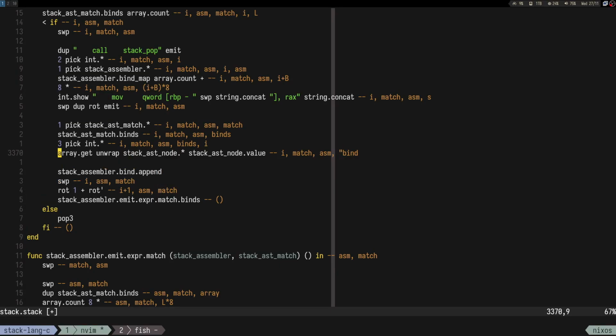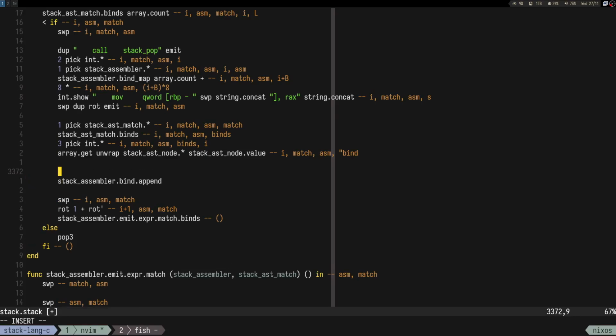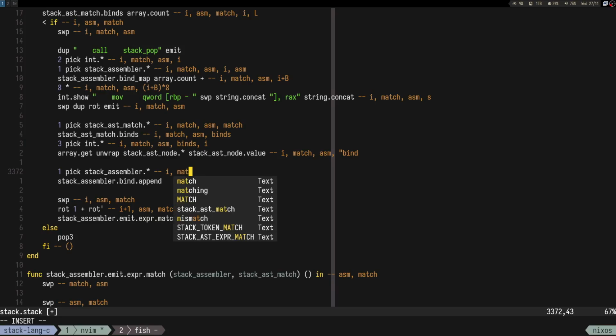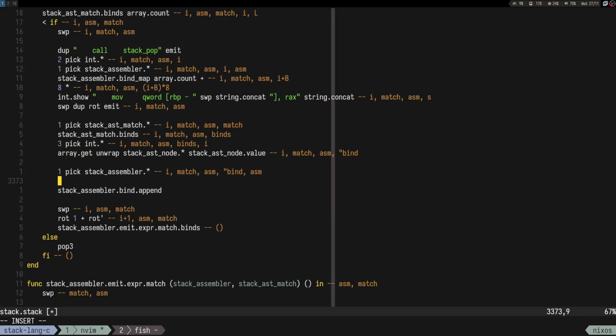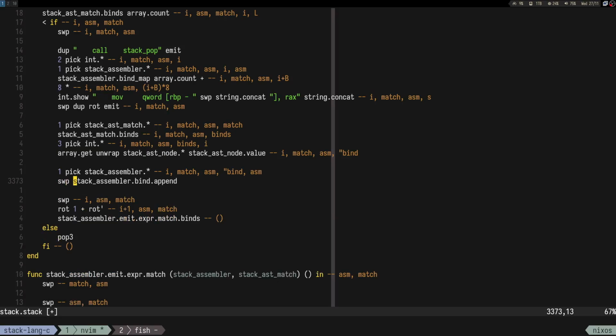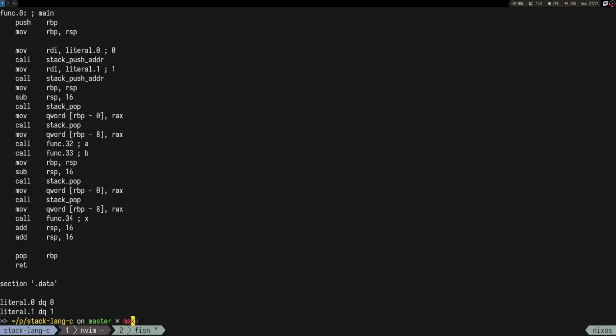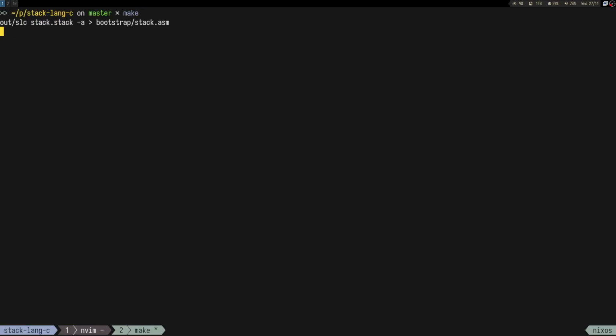So yeah, here I can pick stack assembler pointer. So let's show what we have. Match awesome, bind awesome. So then we swap and append. So we have I match awesome. So at least what are we gonna see now is that